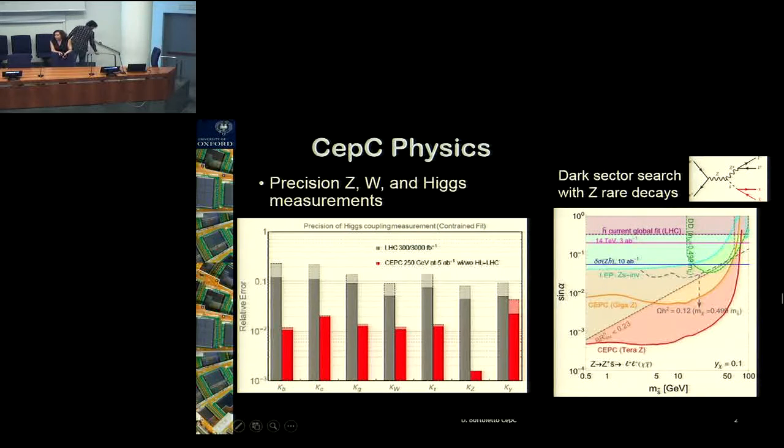Thank you to the organizing committee for bringing this meeting to Rome. I think that, obviously, the physics that the CEPC or other plus-minus collider will allow us to probe is quite remarkable. We will be able not only to measure very precisely the Z, the W, and the Higgs. For example, you can see what the CEPC brings in terms of precision coupling, understanding the precision coupling of the Higgs, but also, for example, you can see how remarkably you can search for dark matter with Z,